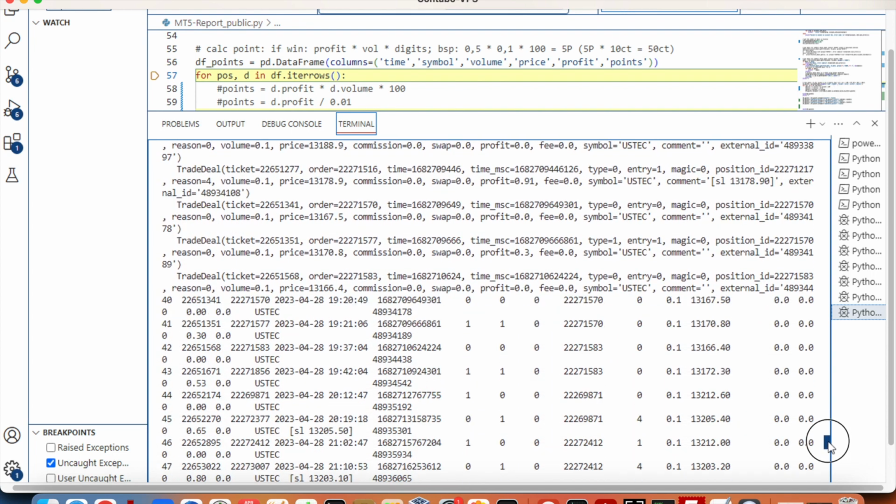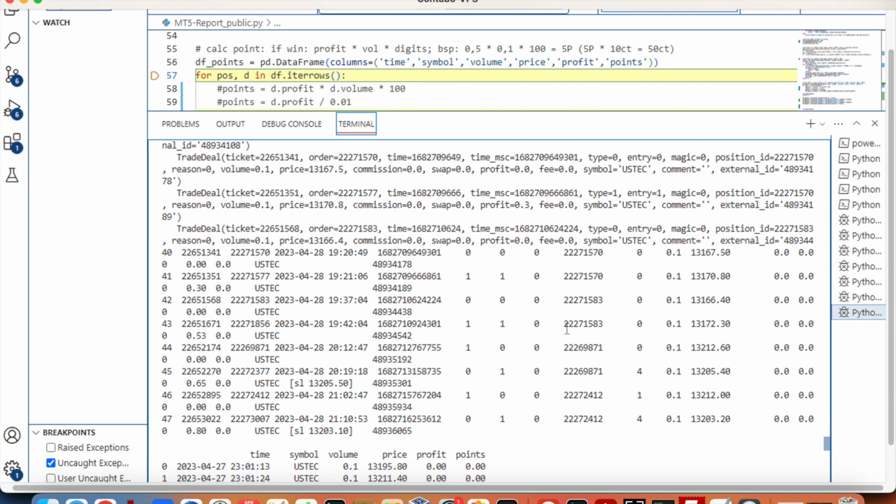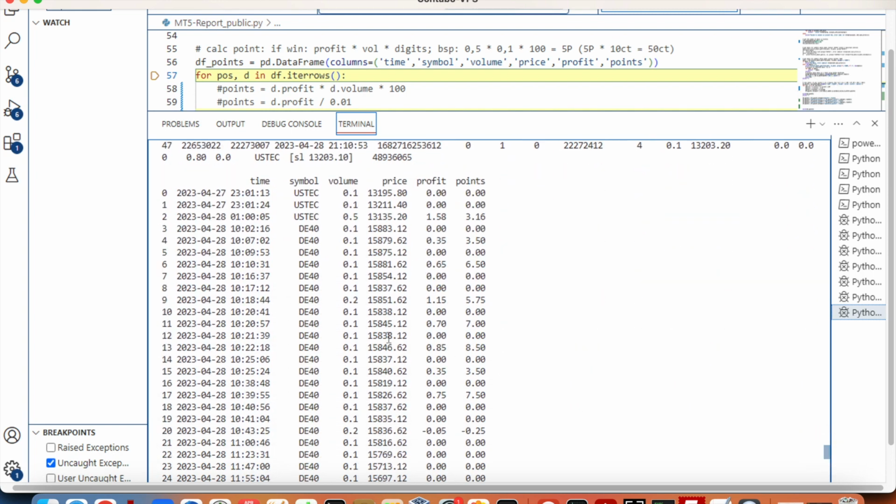However, I just filter out the data I want from the first data frame, and this is my data frame. And you see we got the profit and the points. The points I'm interested in. This is why I'm doing all this. And I get per deal